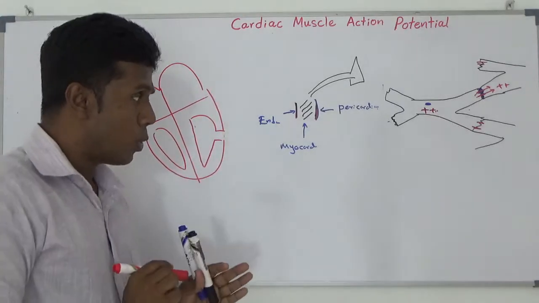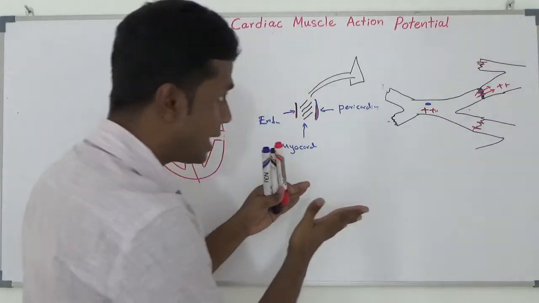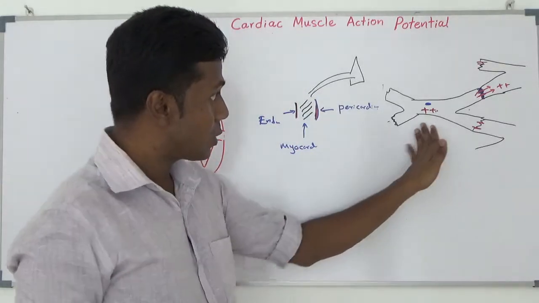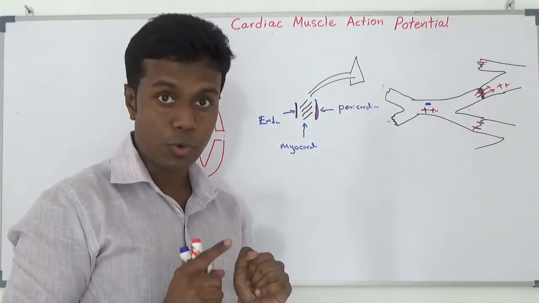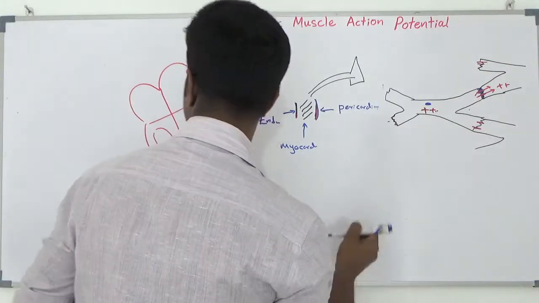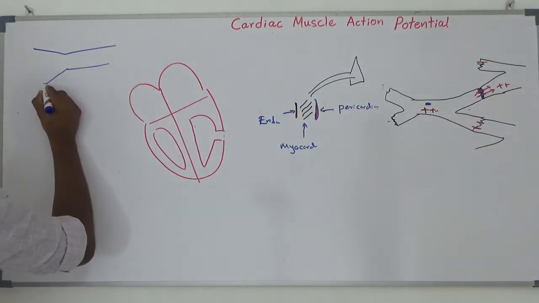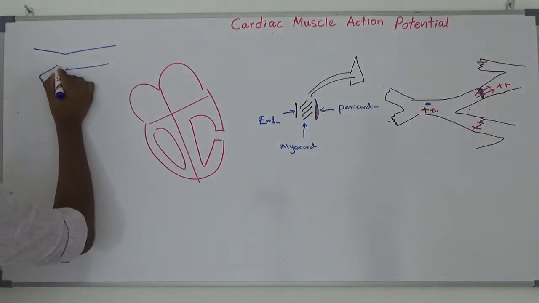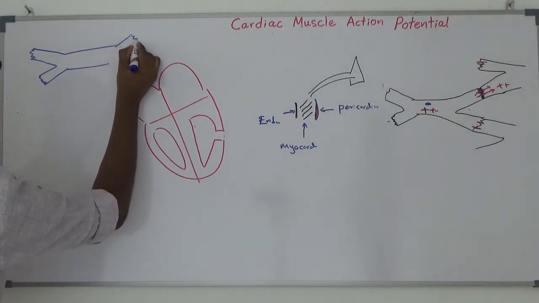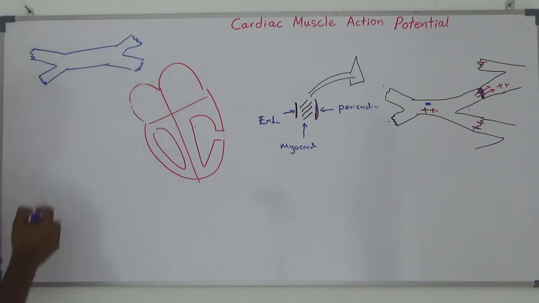Then what I am going to do now is take one cell out, with the extracellular fluid, otherwise the cell will die. You have to maintain a constant extracellular environment in order for the cell to survive. So I am going to take one cell out here. This is an intercalated disc. This is another intercalated disc. Here another, and here another.